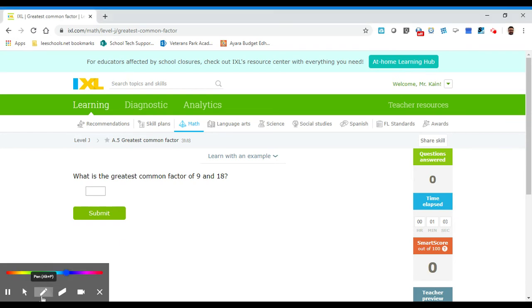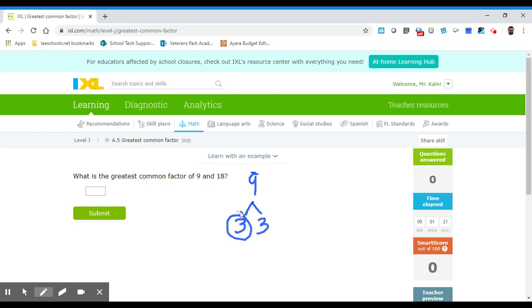Okay? So, one way to do this is using prime factorization. Take your numbers, take 9 for instance, and just break it down into prime factorization. 3 times 3 is 9, and there's no other numbers that multiply because these are prime. If you're confused about prime factorization, I recommend going back to look at the video we did before this called prime factorization. So we have 18,